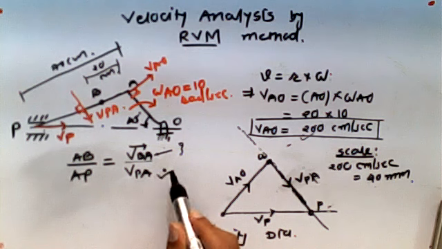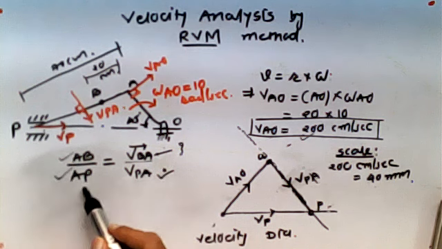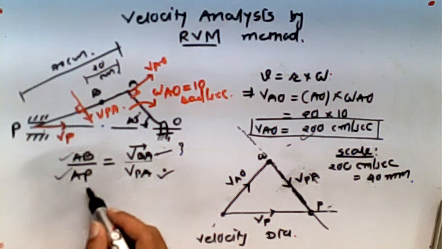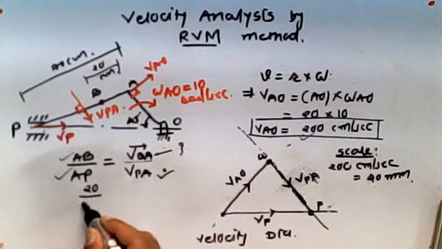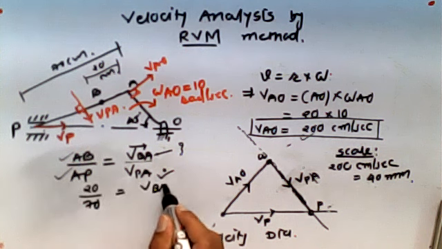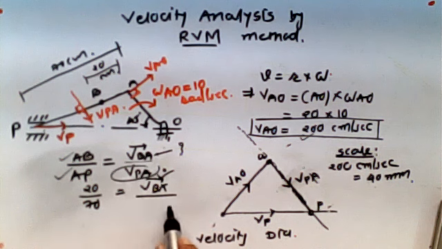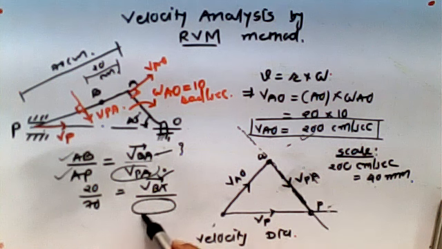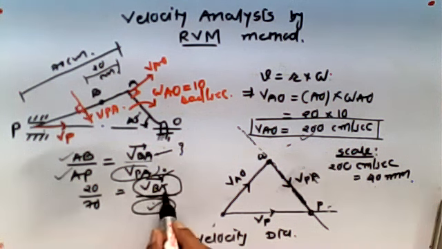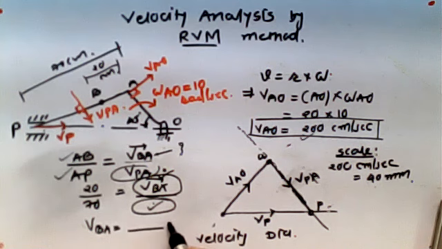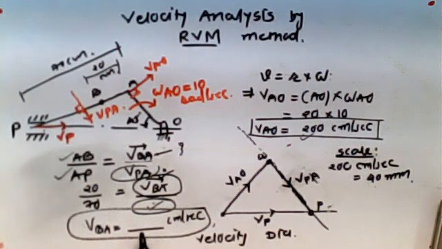Velocity of piston, you calculated. The lengths are given, AB and AP. So now what you can do, you can put, like, this is 20 centimeter divided by total is 70 centimeter. I don't know this particular velocity. Velocity of P with respect to A is known to me now. I've calculated that in centimeter per second. So you can put here. So ultimately what you will get, velocity of B with respect to A, something centimeter per second. Now you will get your answer in terms of centimeter per second.